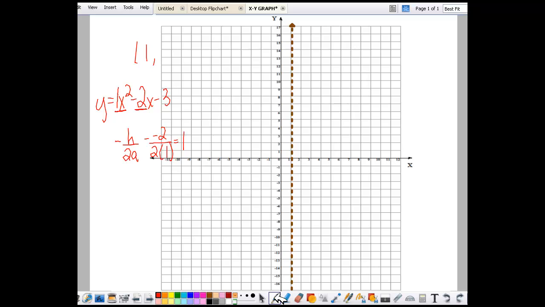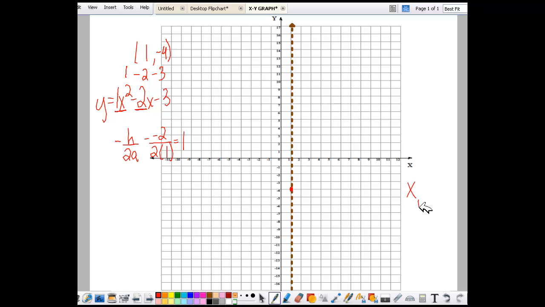All right, so now that I got that, I can take my x value, substitute it back in here. 1 squared times 1, 1. Minus 2 times 1, 2. Minus 3. So 1 minus 2 is negative 1. Negative 1 minus 3, negative 4. So 1, negative 4, vertex. Now that I have that and I have my line of symmetry, I can make my